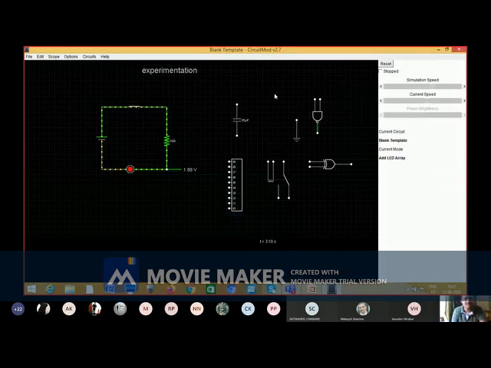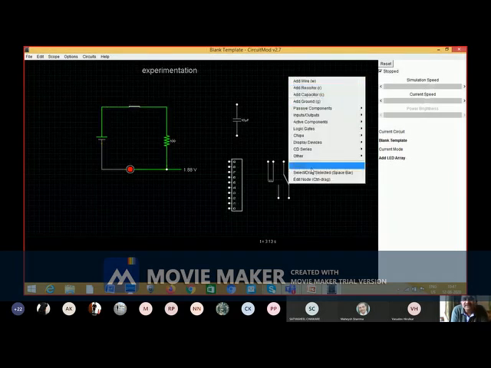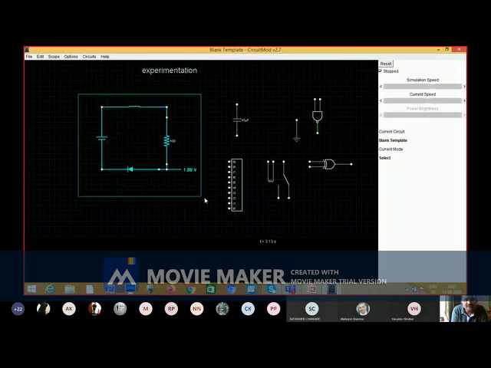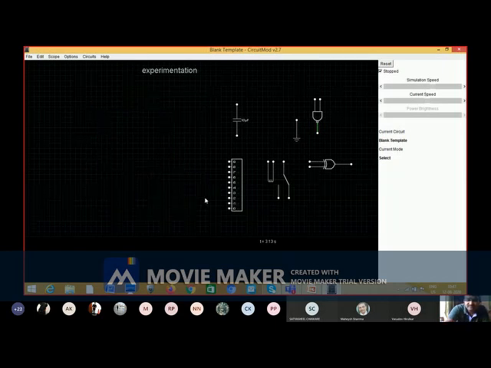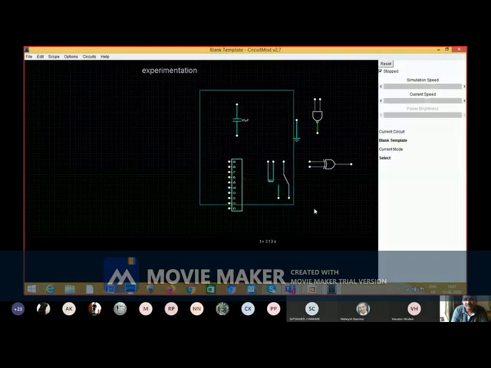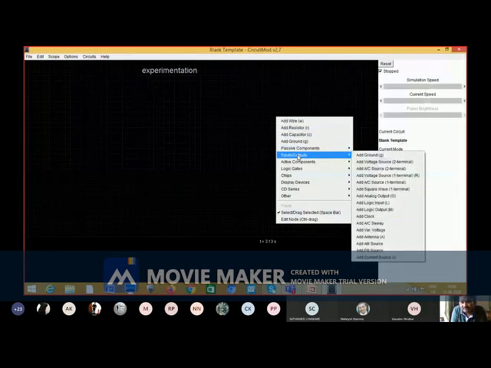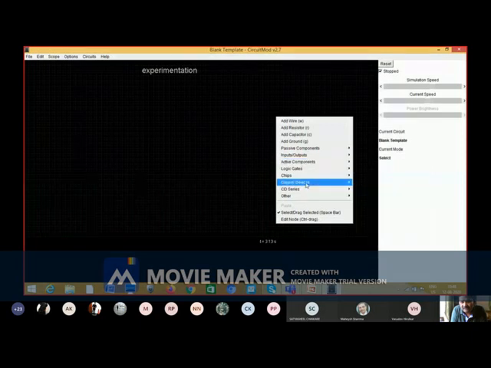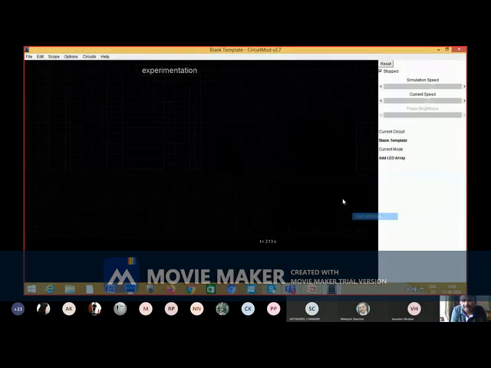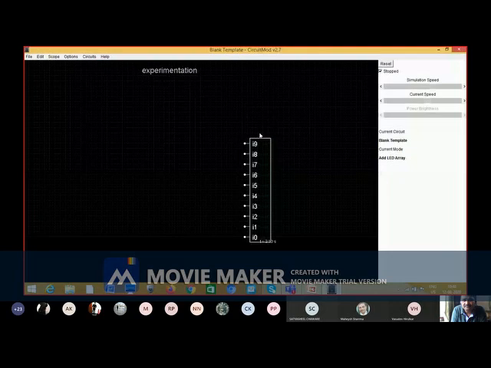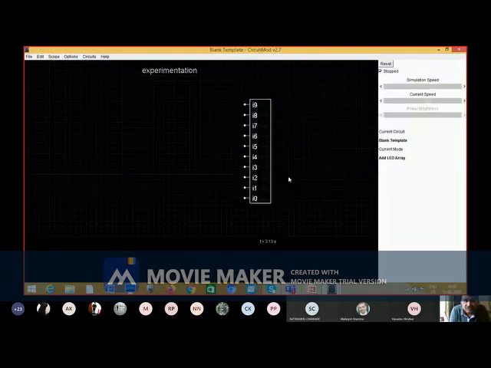So now I will just work on some of the part. I will deselect this and remove this circuit. I will remove the whole part and I will take only a single LED, or yeah, okay, I will take an array. You can see, these are the 10 LEDs selected. Sometimes you need multiple LEDs, correct?